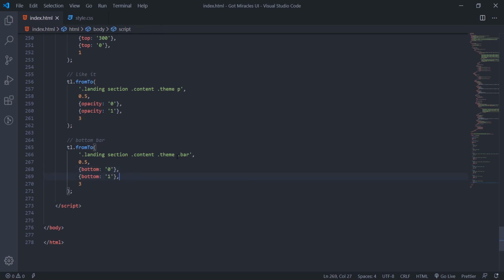This bottom works now because this bar is already set to position relative. Then we'll say minus 200. It starts from there, so it pushes from the bottom and comes up. Then it pushes to coverage like 0.